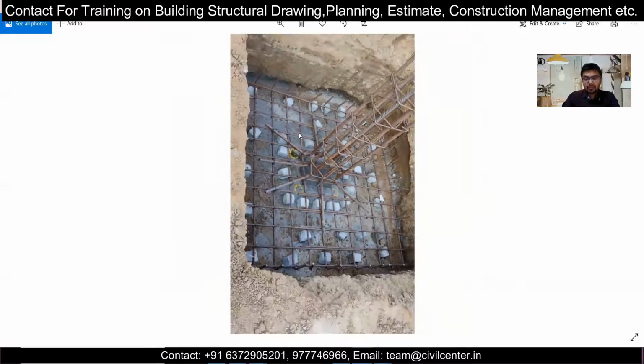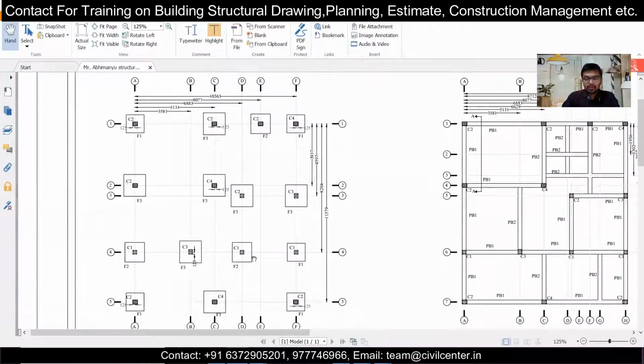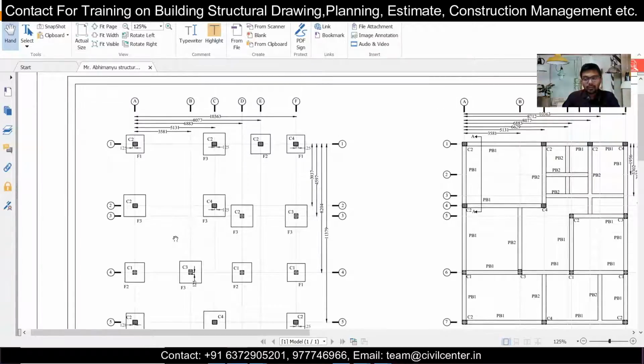After that, you can go for the shuttering and you can go for the casting. So in this video, we're going to discuss our structural drawing of footing. If we are given the structural drawing of footing, how can you execute it? Before the drawing part, I have shown you the pictures of the site and explained the work process of making a footing, so that you can relate to the aspects. So let's go to the work process.